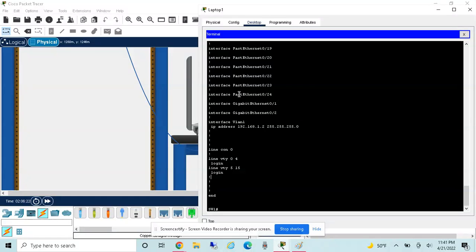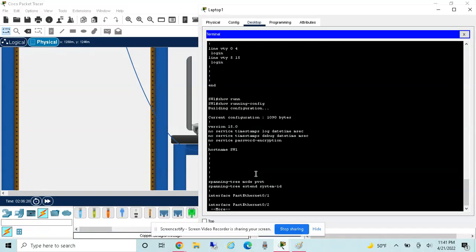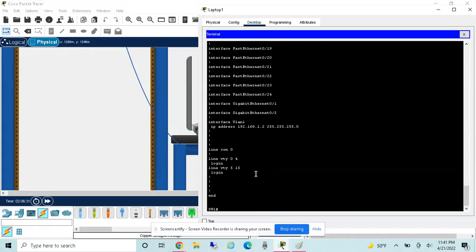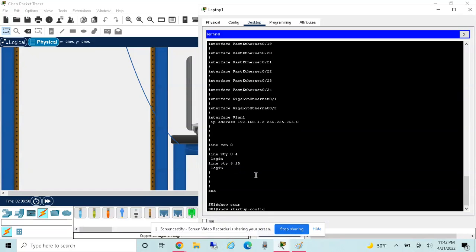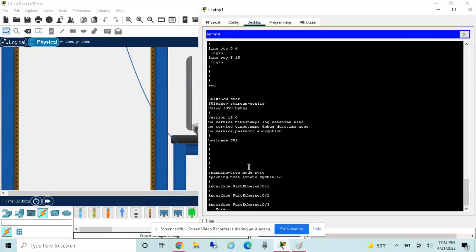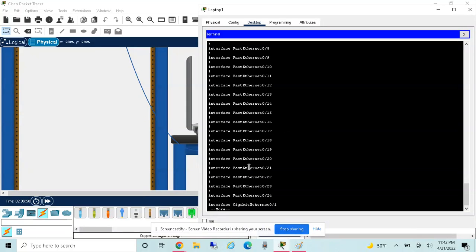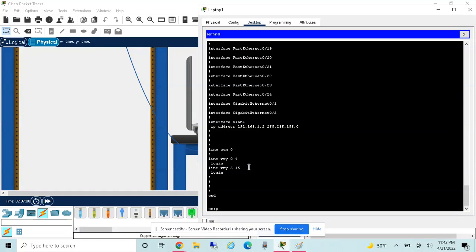So whatever changes I make, I can see them. I type show running-config, and I'll get to see all of them. And what about the startup config? If this device was to turn off and turn back on, what config does it use? There's no running config yet. The running config takes information from the startup file to put into memory and uses that as its running config. So I can say show startup-config, and I'll see anything that's saved in that startup file. And here it is. It should be an exact copy of the